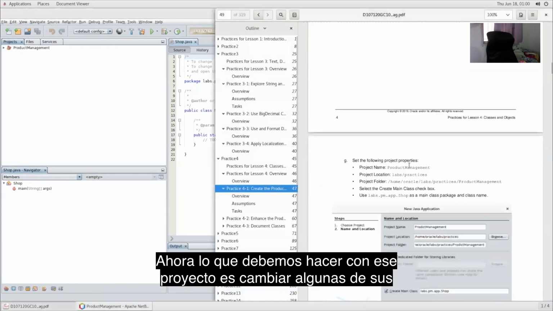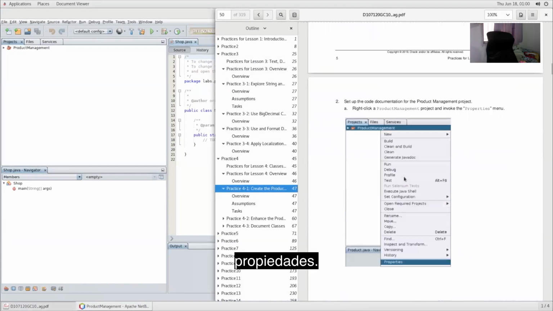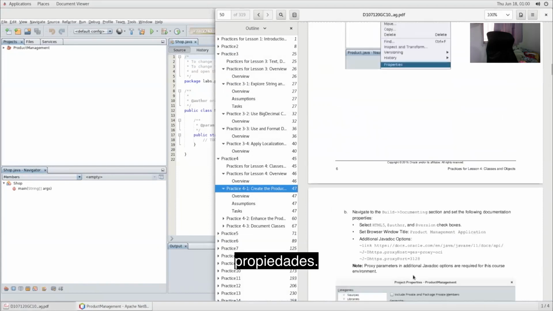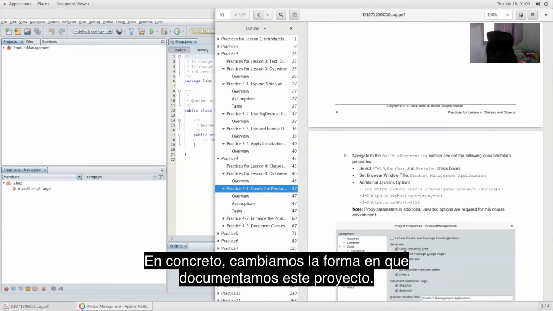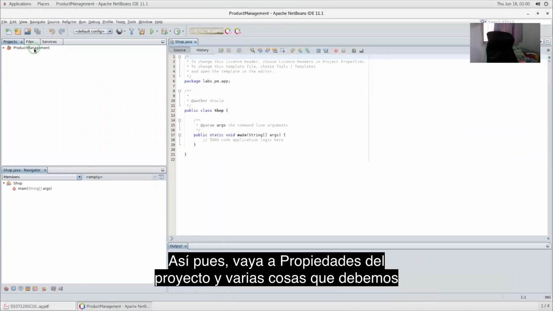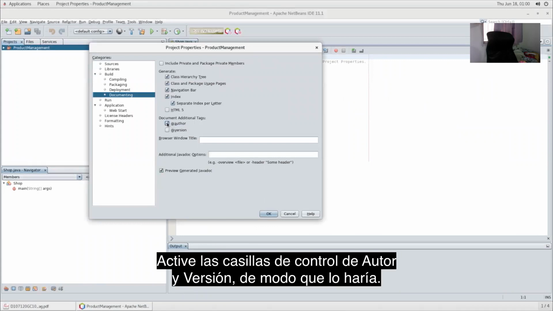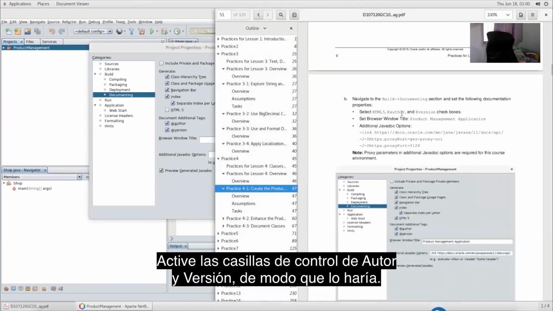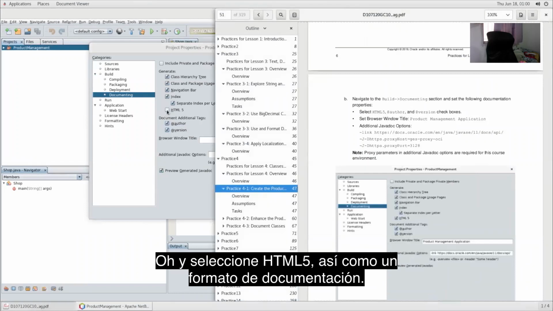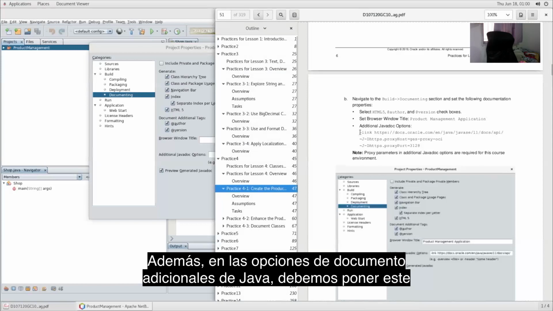Now, what we need to do with that project is change some of its properties. Specifically, we're going to change the way we document this project. So let's go to project properties, and there are several things that we need to do. In the documenting section, tick the checkboxes for author and version. Then select HTML5 as the format of documentation. And then in the additional Javadoc options, we need to put